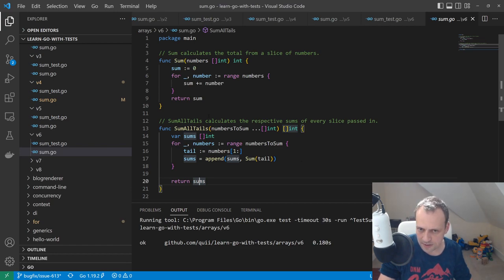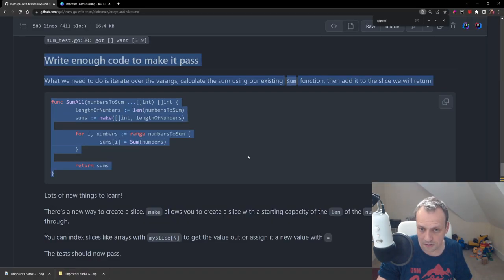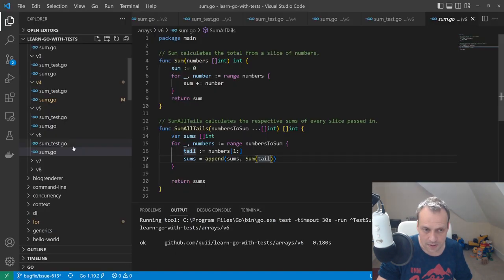So we are appending one more cell to the array, in which we write the sum of the tail, which is this one,